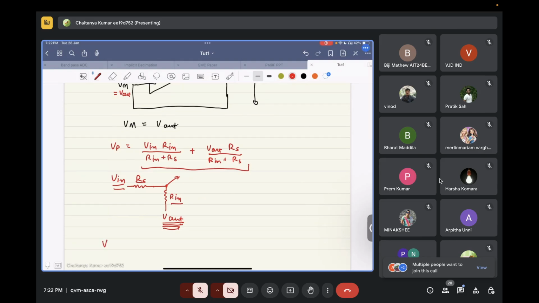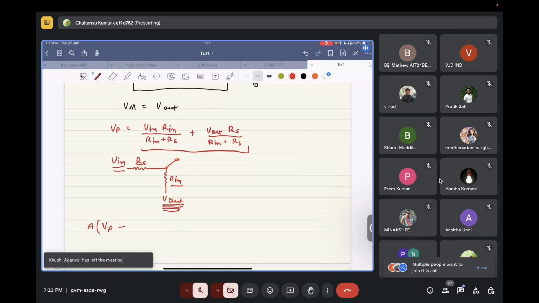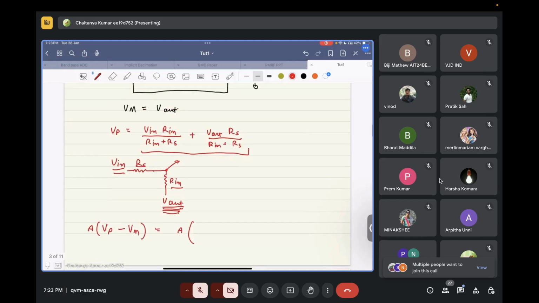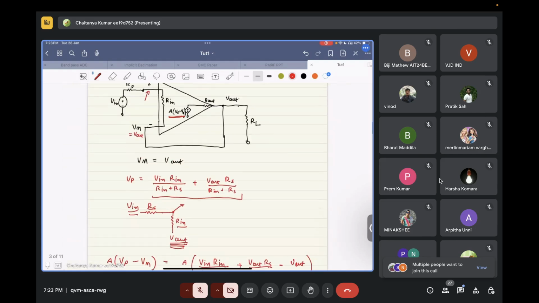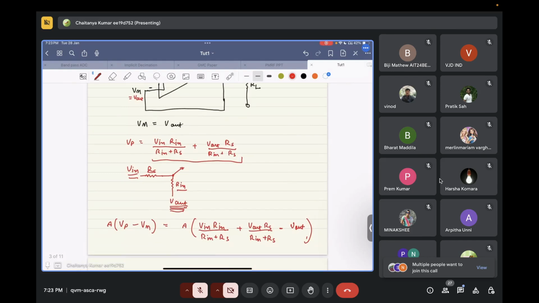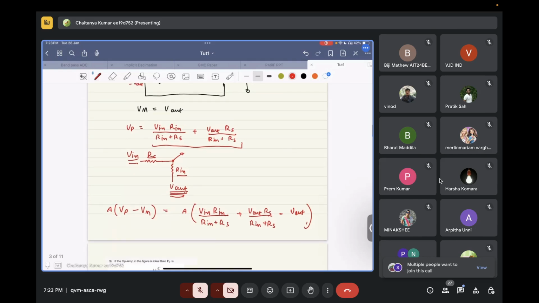A times (Vp minus Vm) can be written as A times [Vin times Rn upon Rn plus Rs, plus V out times Rs upon Rn plus Rs, minus V out]. Now this is equal to